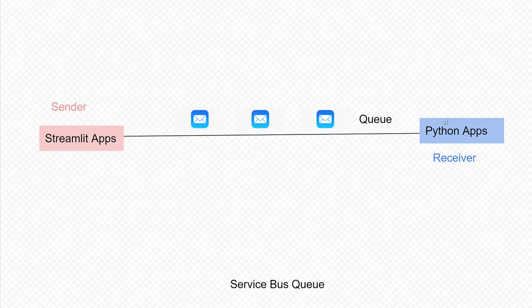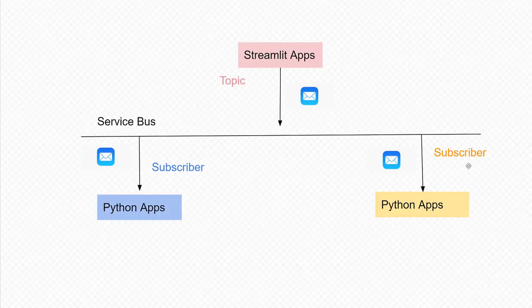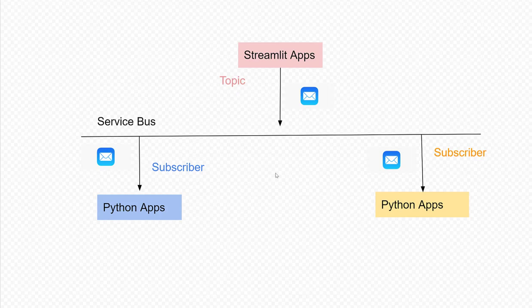But this polling will make this Streamlit application, which is showing some kind of dashboard, not very performant. It will not be very quick to show the updates because they are polling each other. So for the scenario where I have a bunch of subscribers, not only one but many subscribers supposed to be activated depending on the messages,